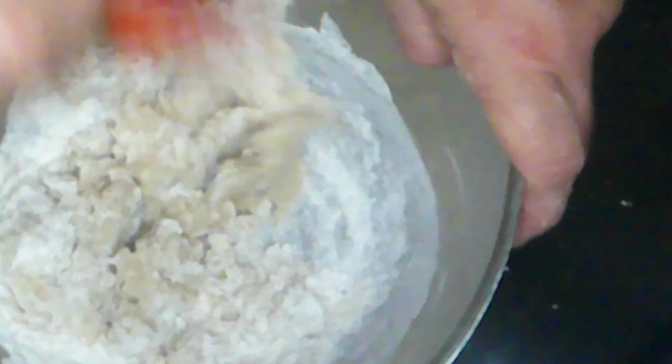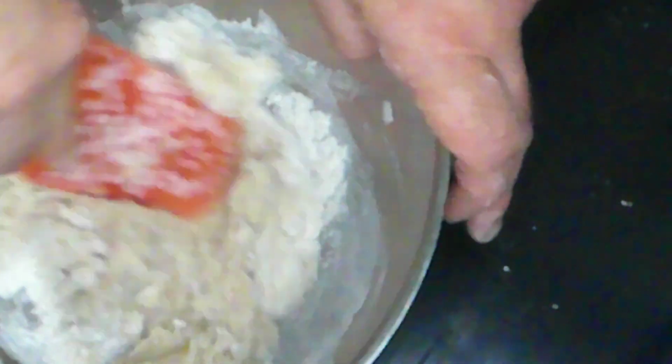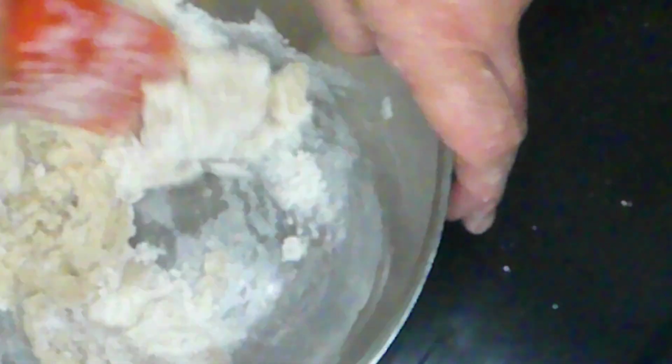Okay, so I've added the 1 cup. I'm just going to start incorporating the flour into our milk and egg mixture. For those of you who are just tuning in, that's vegan egg, not egg. You can see it's already starting to work. 2 tablespoons of vegetable shortening to this,